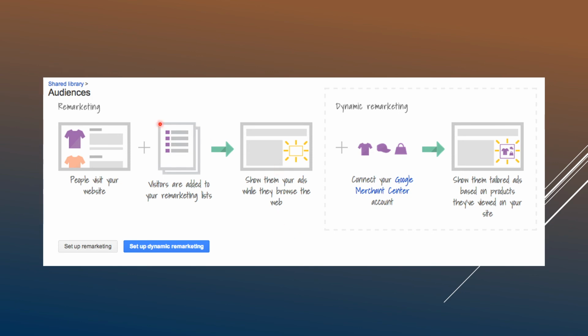So there's a difference between remarketing and dynamic remarketing. With remarketing, you are able to retarget that person with an ad, but it's not very specific. It will still have branded logos of your website. You can send them to a generic page or something like that, but it's not going to be specific. But with dynamic remarketing, you can actually send them to the exact product page based on their browsing history. So that's how you can use dynamic remarketing.